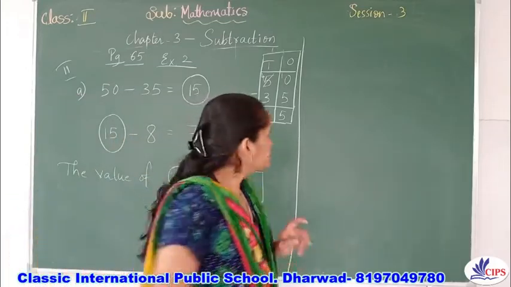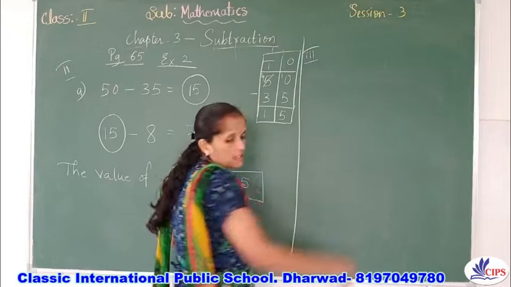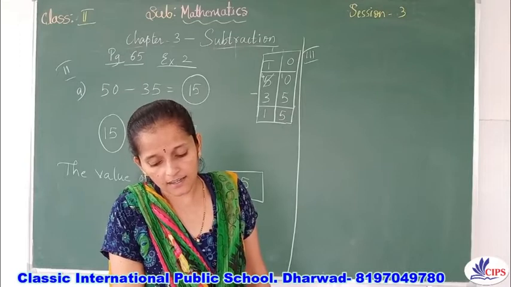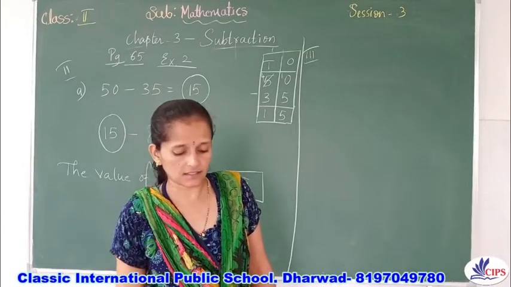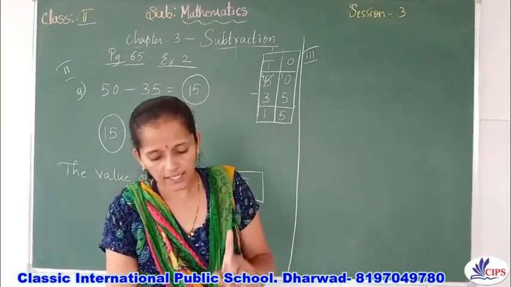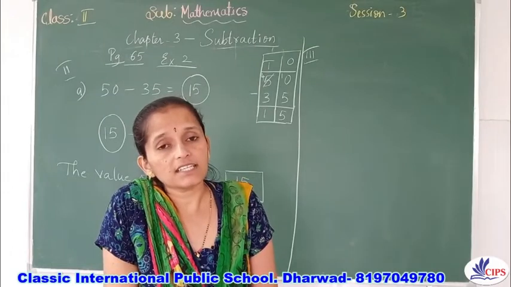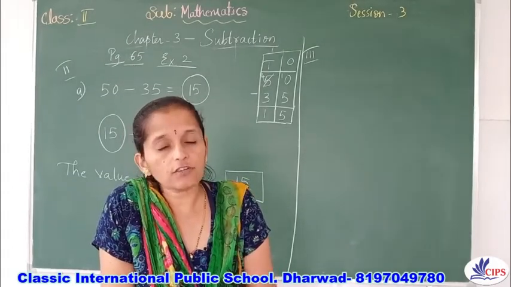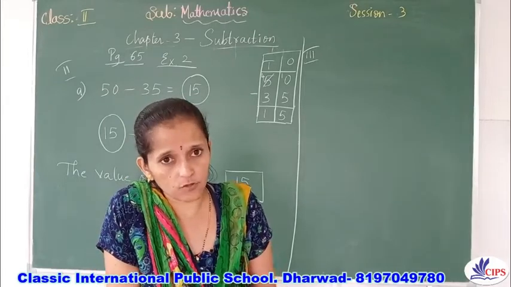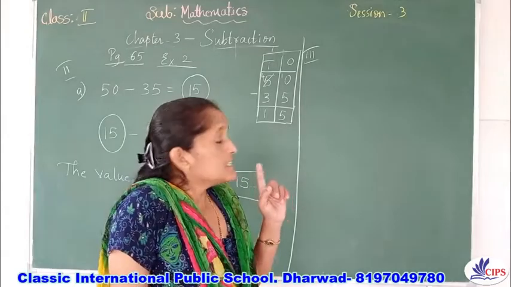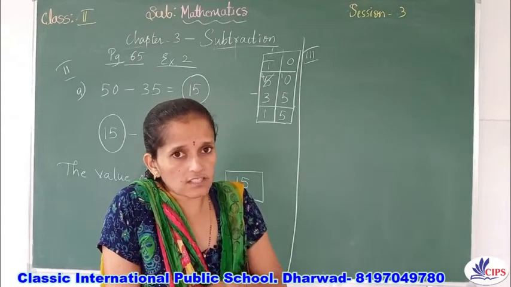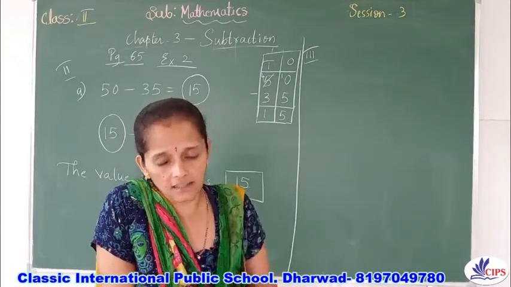Okay. Now we'll go for third main. Which of the following subtraction sentences will give you the same answer? And color the box with the same answer. Here they have given you 3 sums: 70 minus 55, 83 minus 65, 90 minus 75. All the 3 subtraction sums you should do in your textbook, and check whether you will get the same answer for any two. If the answers are the same, you have to color both the boxes with any light color.